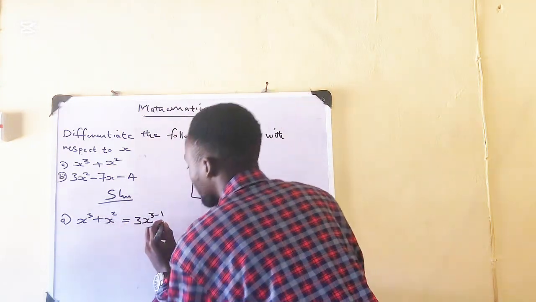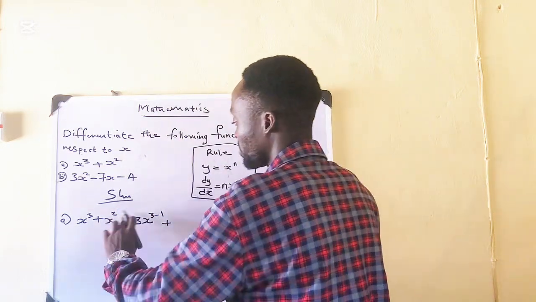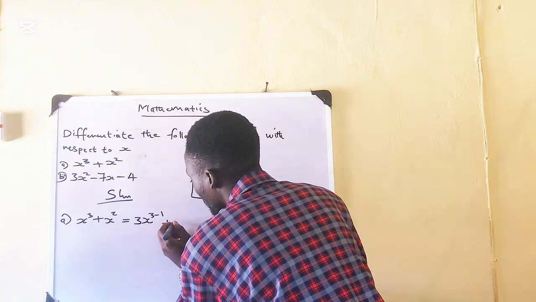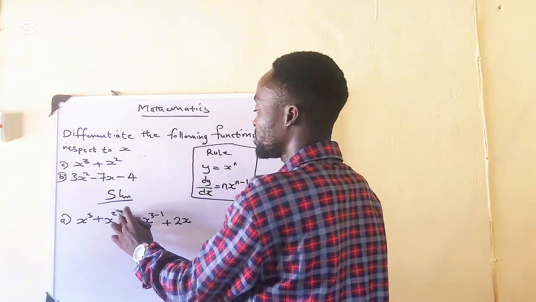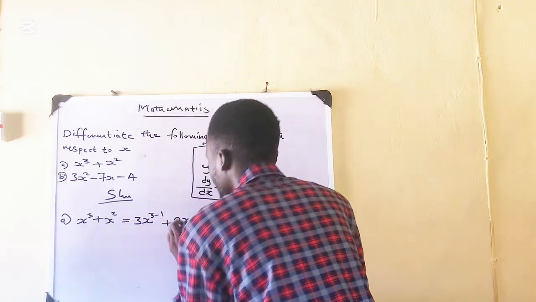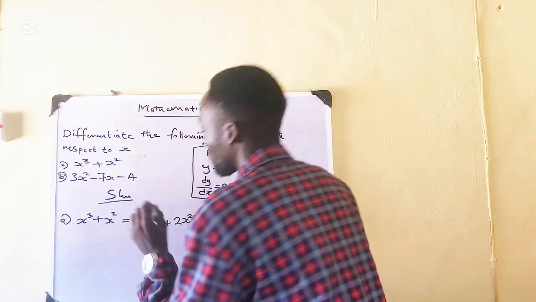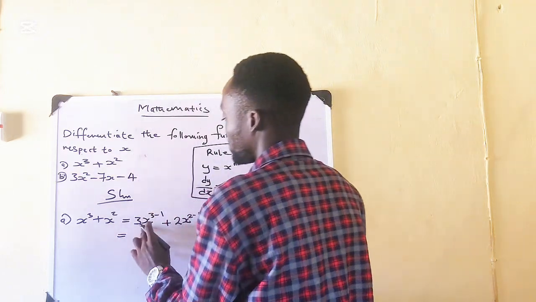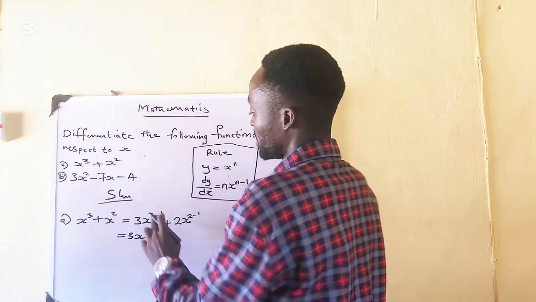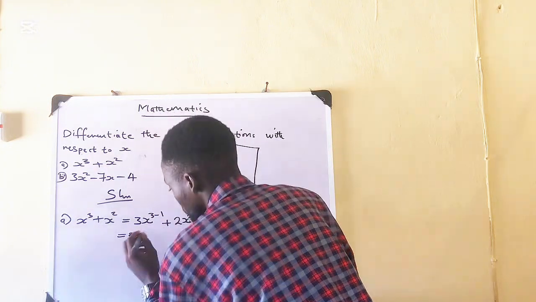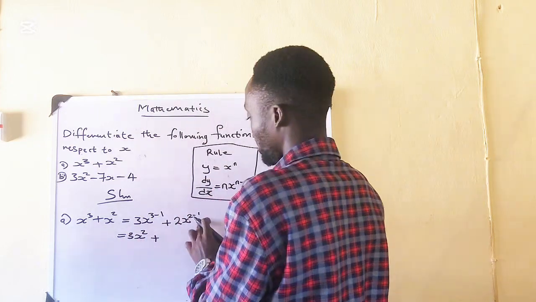So plus, what we have next is x raised to the power of 2. The same thing we are going to do also. We are going to bring down the power, which is 2. So we'll have 2, then x raised to the power of 2 again, we also subtract 1 just like we did here. So 2 minus 1 is what we are going to get. From here, we have 3 minus 1. So write 3x to the power of 2 plus, here we also write 2,